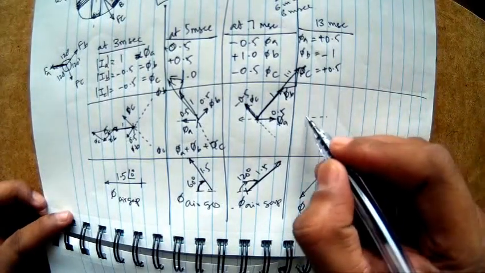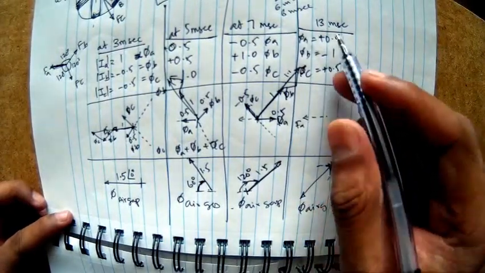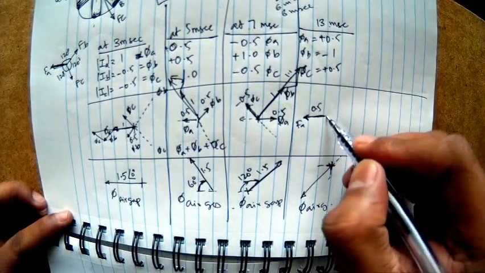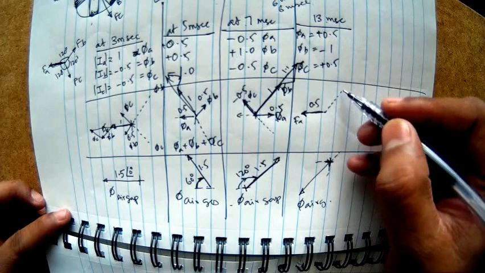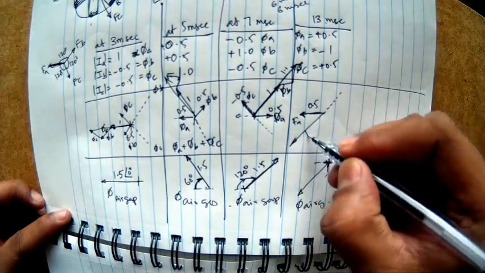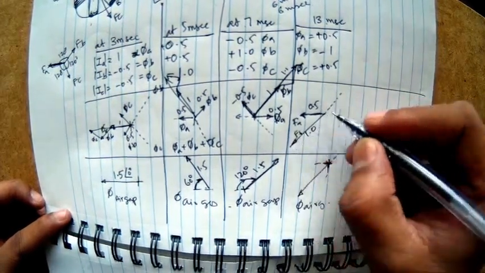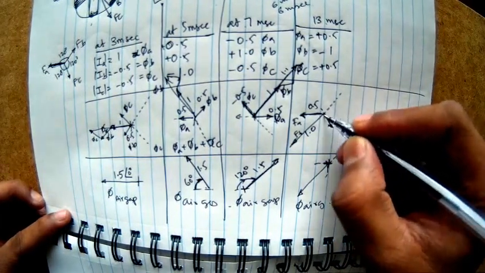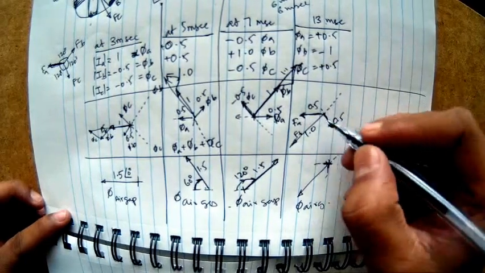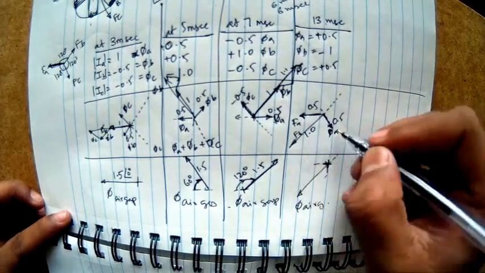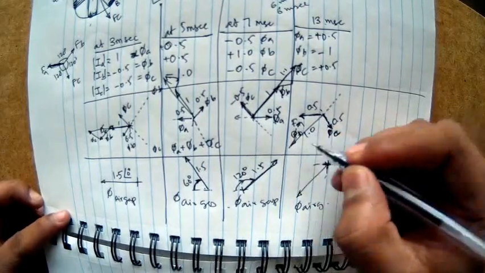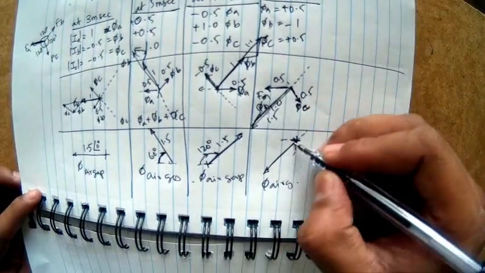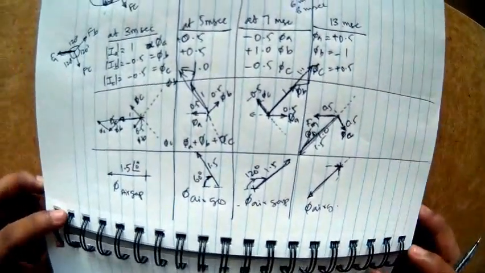So this is my direction of A. Because this is plus, I take 0.5 like this. Now this is the regular direction of B, but then I take the opposite direction, 1.0 of FB. And this is the regular direction of C, which still maintains the regular direction, so 0.5. Now the total flux, phi A plus phi B plus phi C, will be 1.5 times, and you see that exactly as we are expecting, the direction is matching.